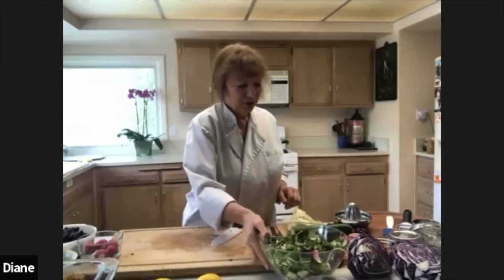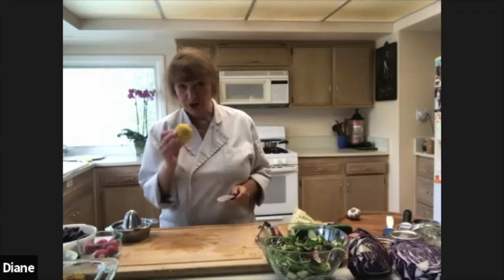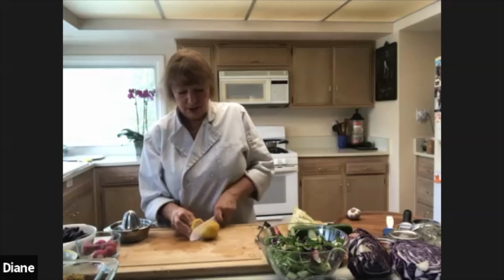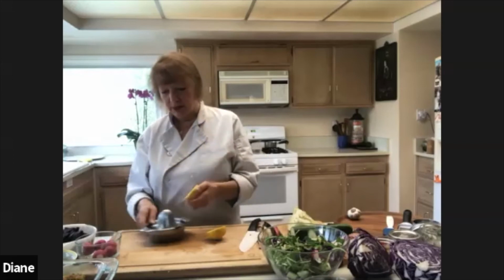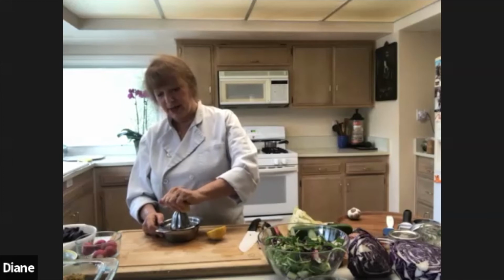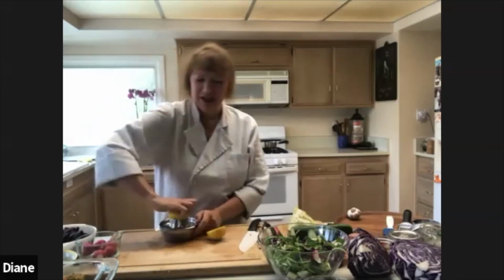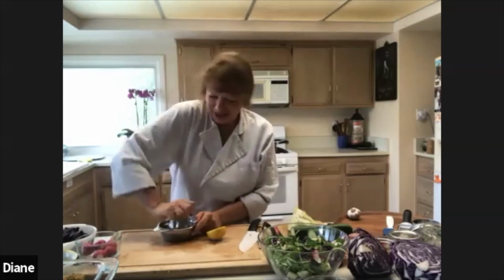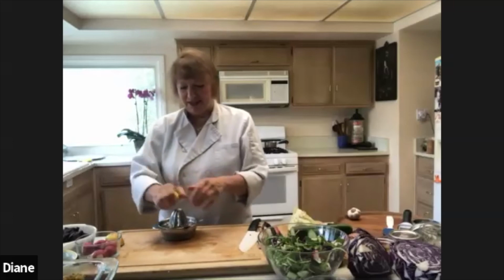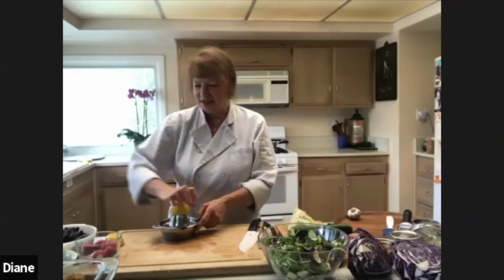So now we're going to make the salad dressing. Here's a lemon, organic, and I always wash them first. Always wash your vegetables first. Then you're going to cut it in half, and then you take your little squeezer, or you can do it by hand. Just put some pressure and twist it. Squeeze those lemons. Okay. And then